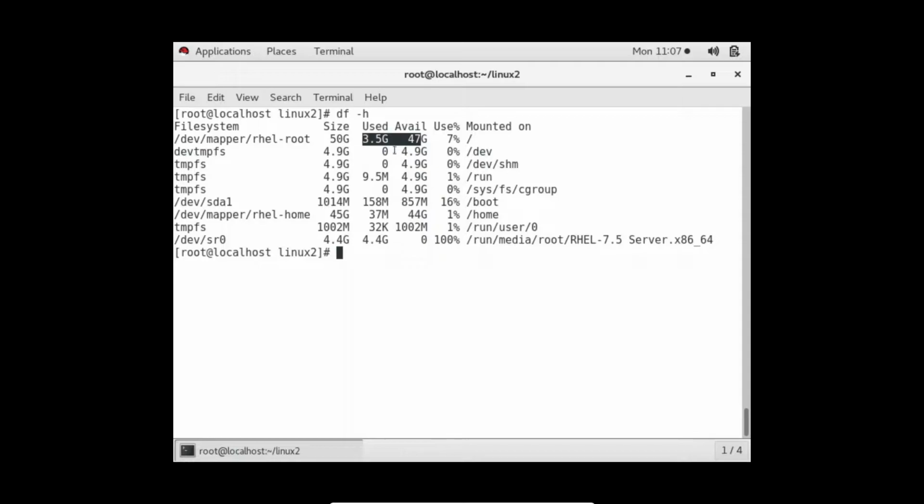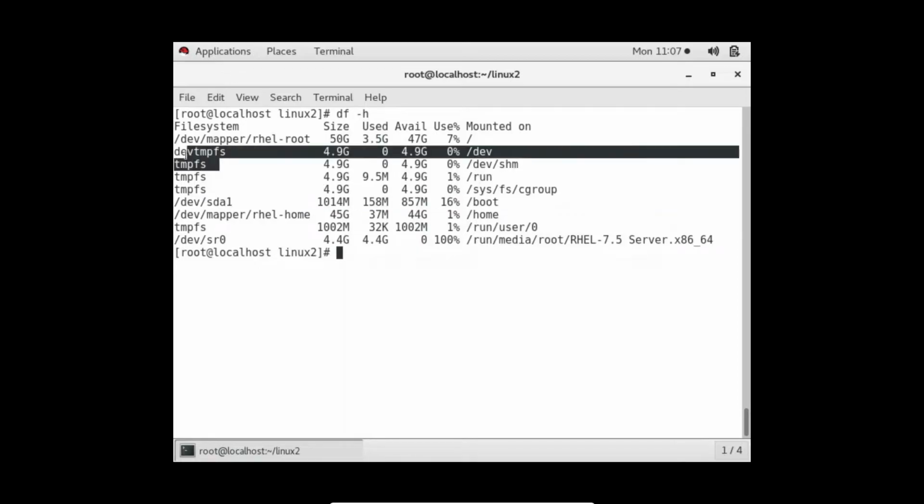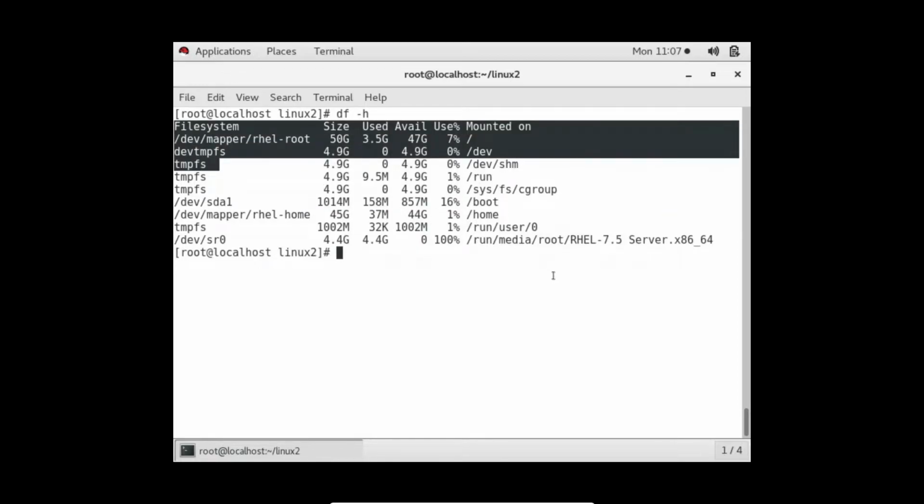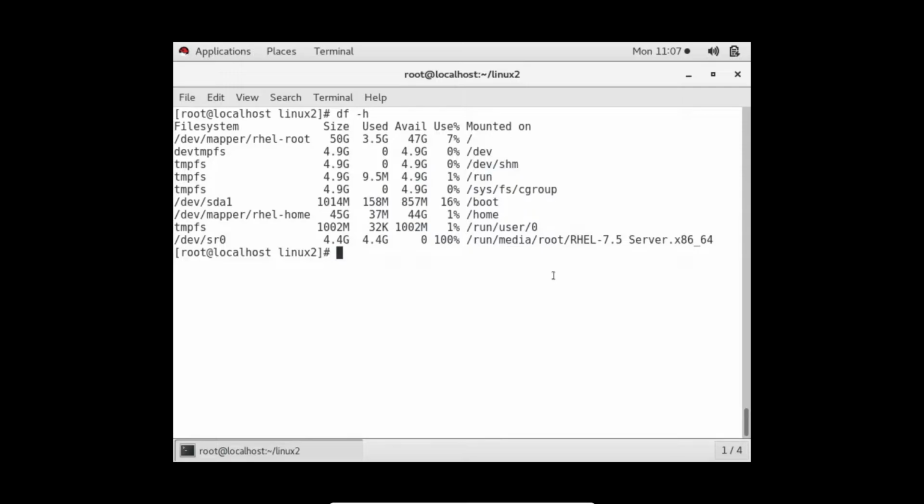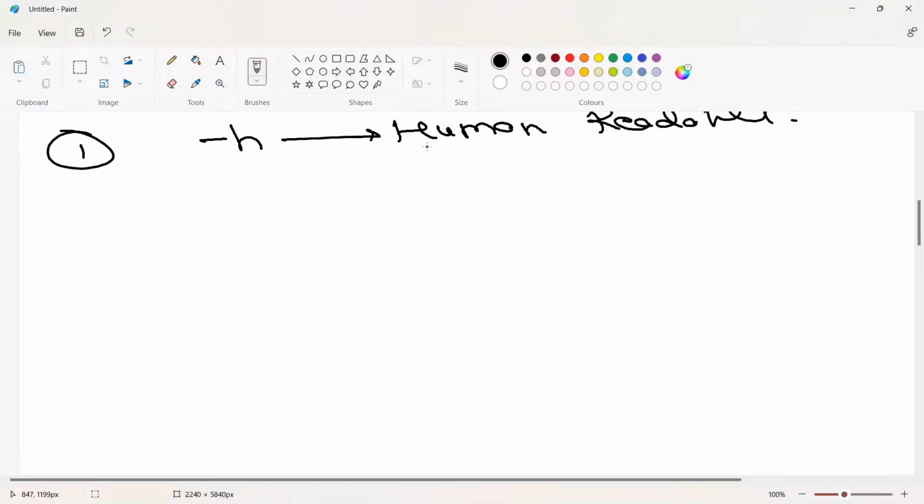Now why this difference exists, when you understand the file system, you will automatically come to know. Then the percentage use. For every file system, like for every folder, we are getting this total size, use and available, and use percentage. Now what is this mounted on? So you need to understand one thing, that